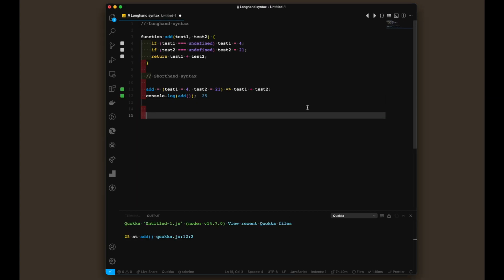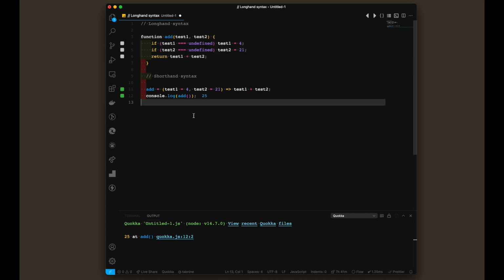So default parameters are just the parameters which need to be added by default. For example, we have a function named add, and it takes test1 and test2 as parameters. And if test1 is strictly equal to undefined, then this addition functionality can be written as add, and test1 is equal to 4 and test2 is equal to 21. So we are just adding the default parameter to this one,